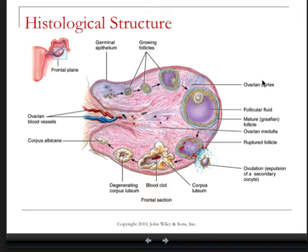Okay, so this happens monthly from menarche to menopause. Generally speaking, menarche begins in the late preteen years for most females, and menopause occurs between the ages of 30 to 35 for most females, but there are notable exceptions to that time window. Okay, so as we move forward,